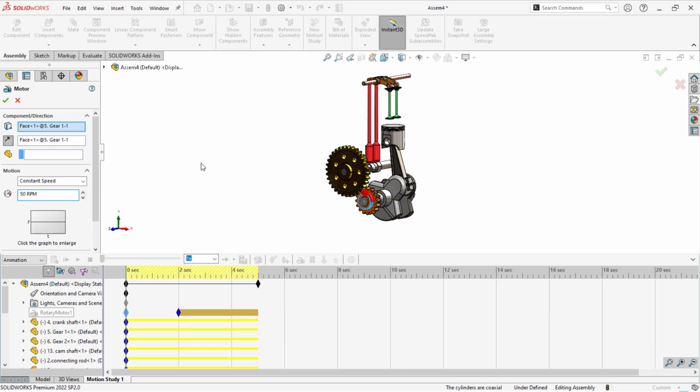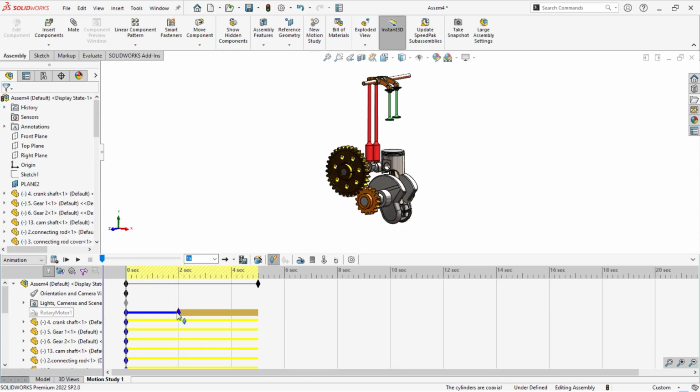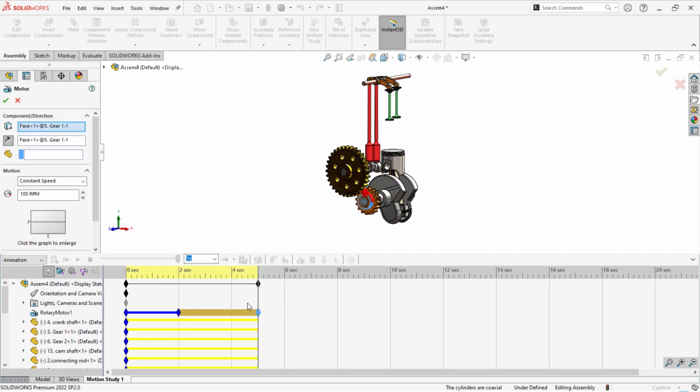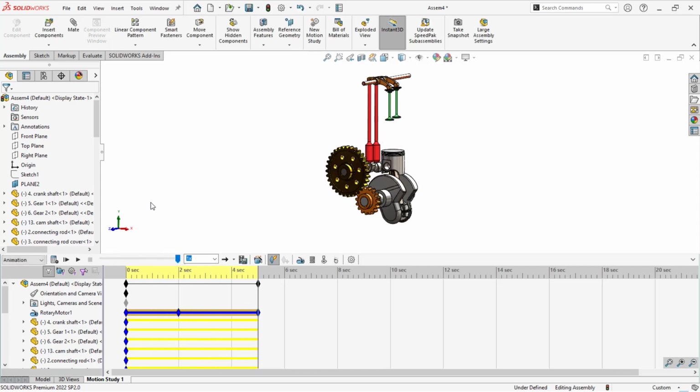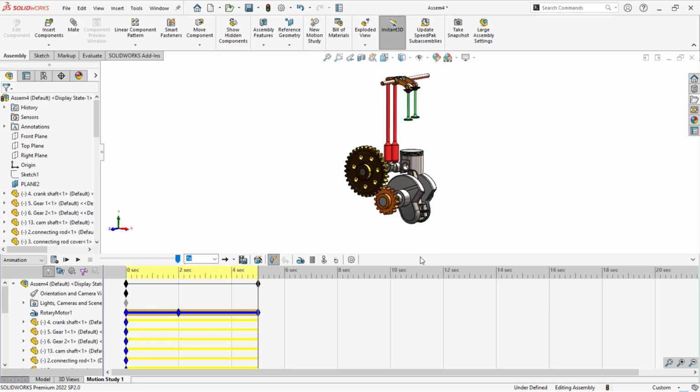Let's say initially I want it to be 50 rpm. At 2 seconds it should be like 100 rpm, and at 5 seconds it should attain 200 rpm. Okay, let's consider these are the requirement and just run it. You'll get the same thing if you calculate the study. So now along with this, I need the orientation animation as well. You can even manually set each and every animations. So here you can disable this